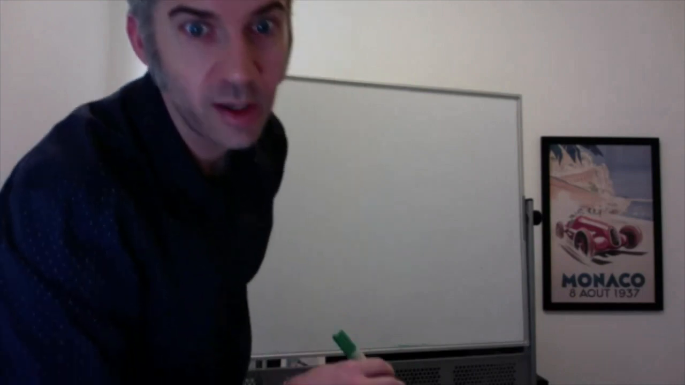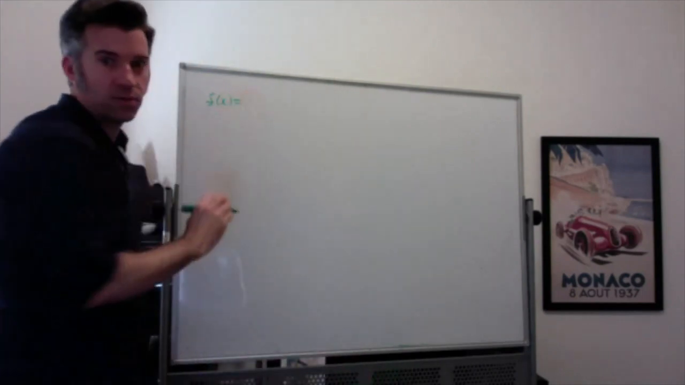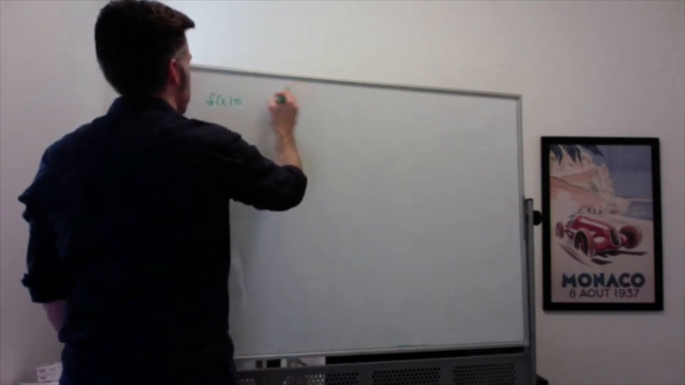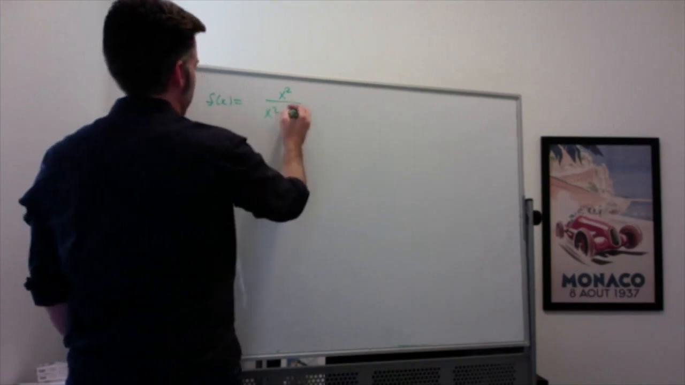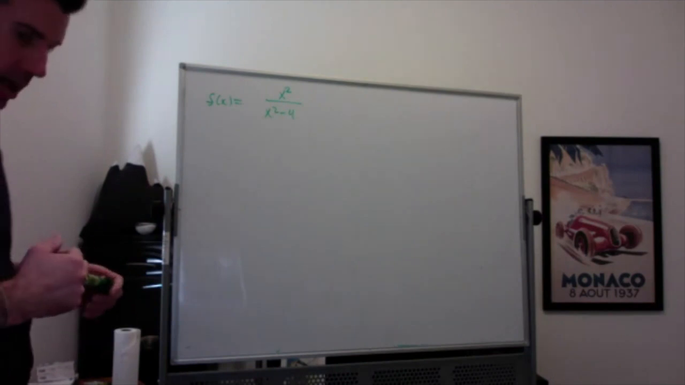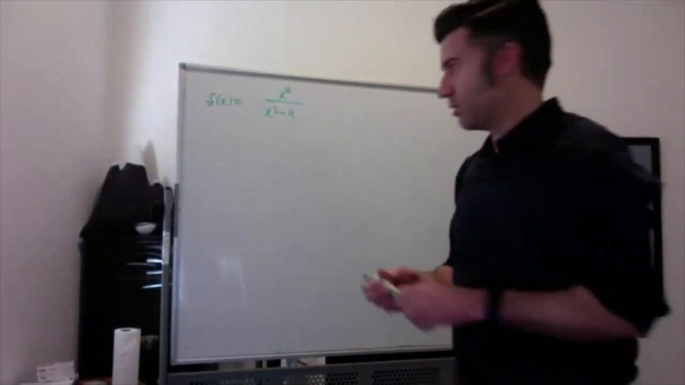So let's say we have the function f of x equal to x squared over x squared minus 4, even though the one I was sent was plus 4. Minus 4 is a little more interesting. And I really just want to find the relative extrema, but I'm going to do all the things. So let's find